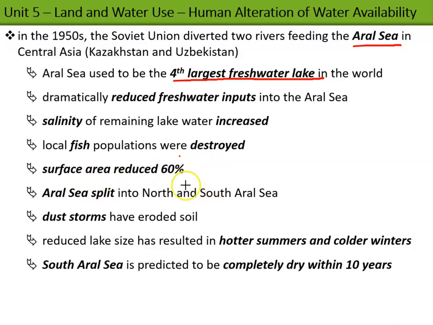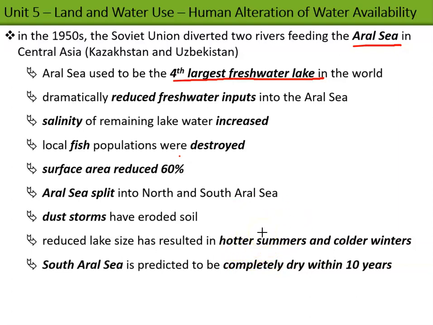Surface area to date has been reduced 60%, and the Aral Sea is now split into two different water bodies, the North and South Aral Sea. The exposed soil has dried up, and dust storms have eroded the soil that used to be the bottom of the lake. The lake was so large that it affected the local climate,